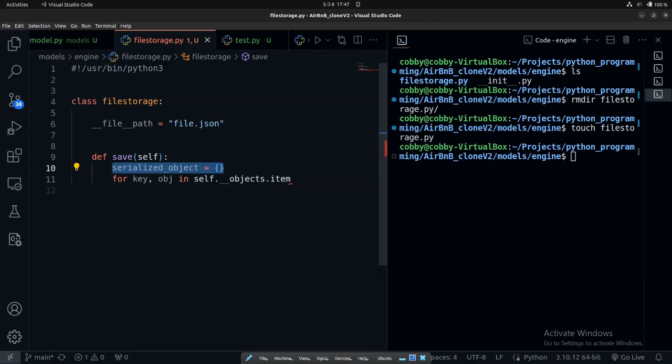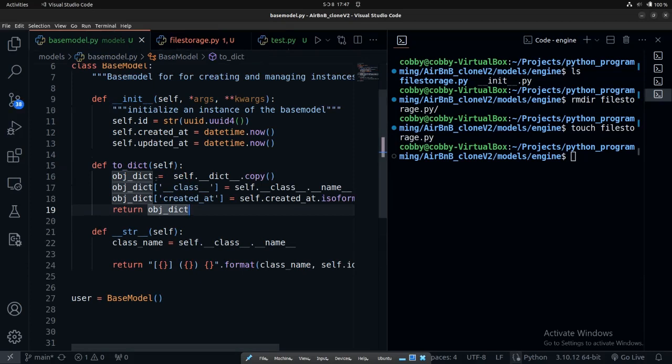Yes, and that's where we are going to pass the dictionary that we will be getting. So we've not gotten the serialized object yet, but we are going to be putting it inside as the serialized object we have now, basically. So let's say when we serialize our data, and then we call the to-date method on the instance, we obtain a dictionary representation of that instance because we said that whenever it is initiated, it should